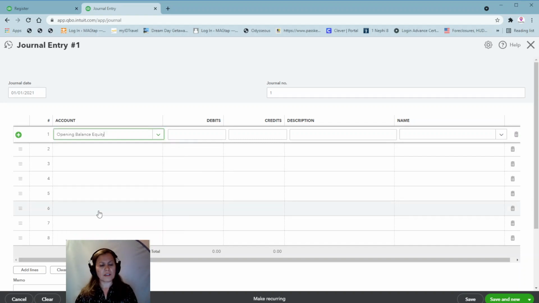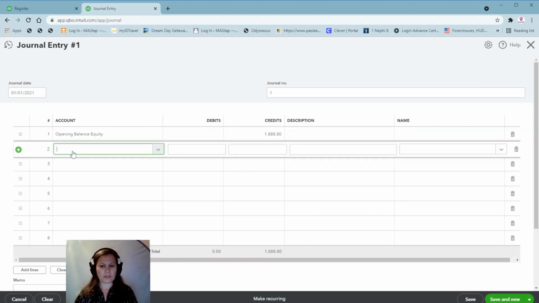Okay, so we're going to reverse that balance sheet. Keep in mind that the balance sheet is actually a negative amount. In order to remove that negative amount, I'm going to debit 1888.80. No. We're going to credit 1888.80, because that's a balance sheet account. And then we're going to debit